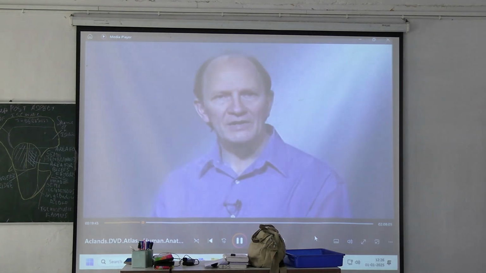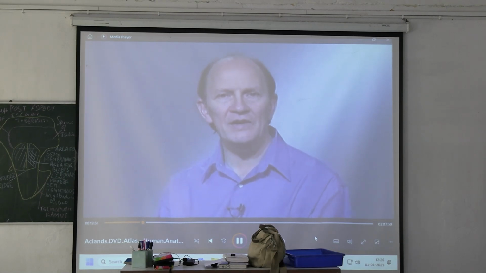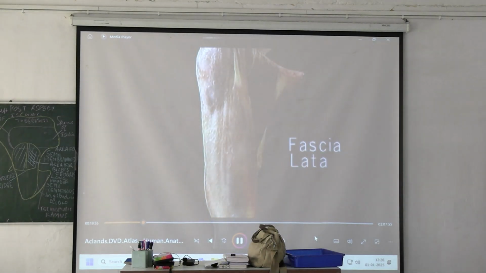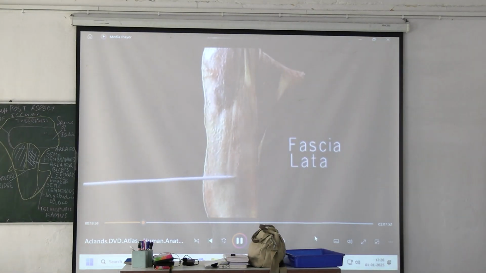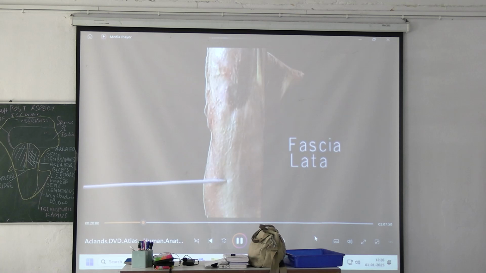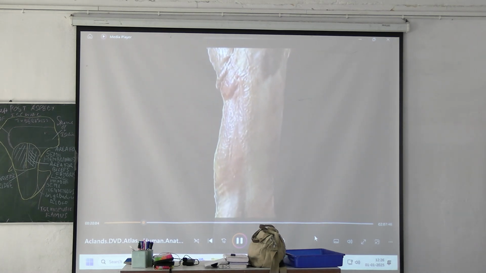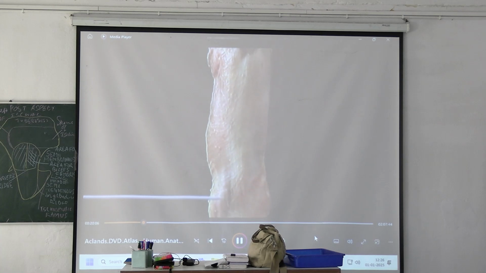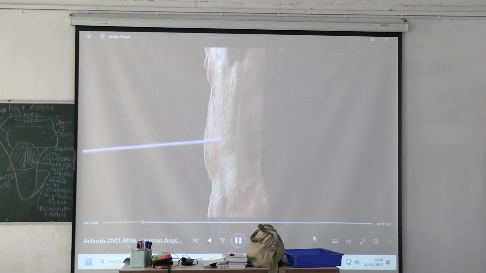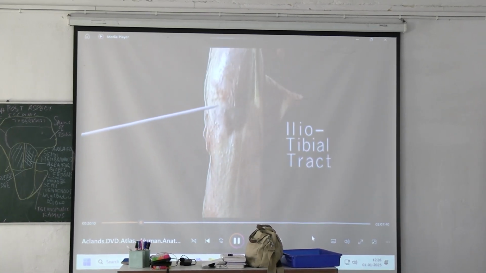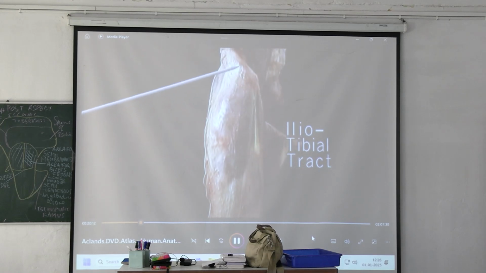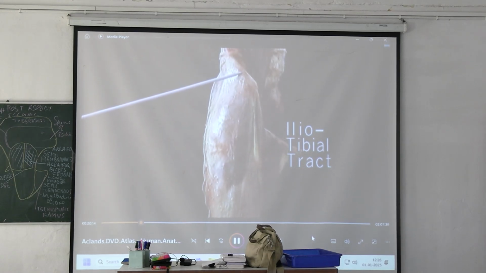The last of the abductors is called the tensor fascia lata. Before we look at it, we need to digress for a minute and look at the structure that gives its name, the fascia lata. The fascia lata is a continuous sheet of dense fibrous tissue that surrounds all the muscles of the thigh. Along the outer aspect of the thigh, there's a very marked thickening of the fascia lata called the iliotibial tract. The iliotibial tract extends all the way from here on the ilium